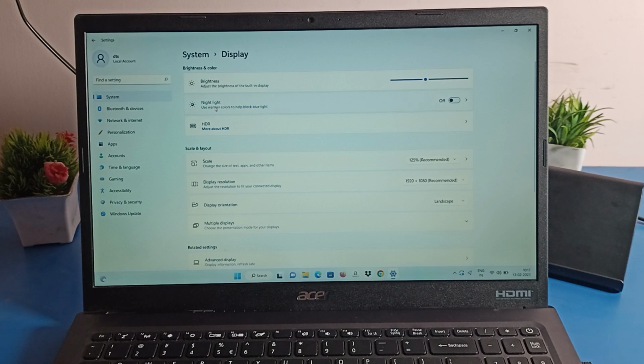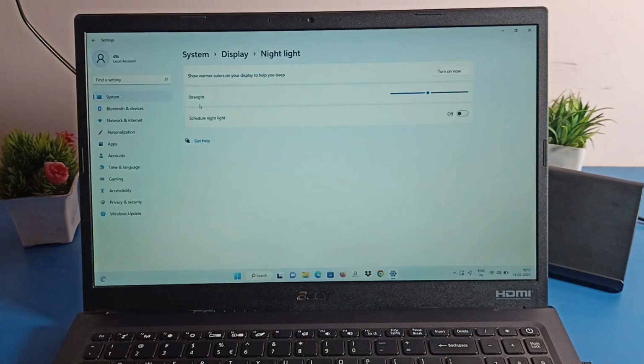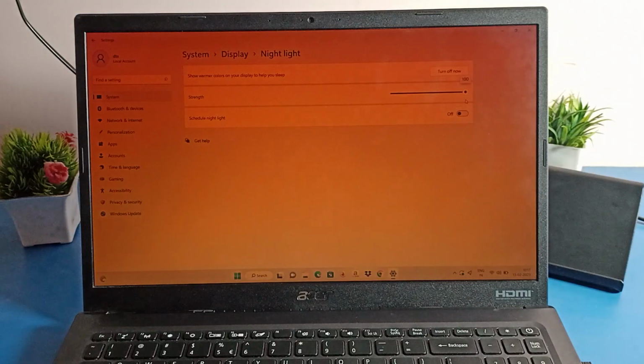Second option, friends, you can see night light. So click here. If you want to turn on night light, you can turn it on from here. After turning it on, your night light brightness you can decrease on the left side, and increase on the right side. So when you use your laptop at night, you should turn on your night light mode setting. After it is on, meaning enabled, you can look at your laptop easily, and you can adjust